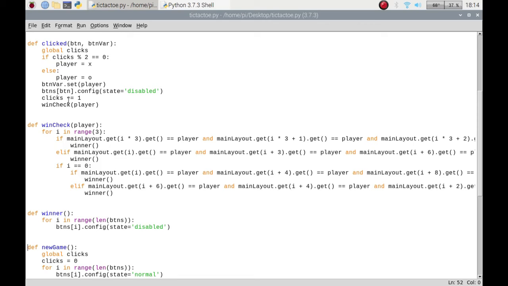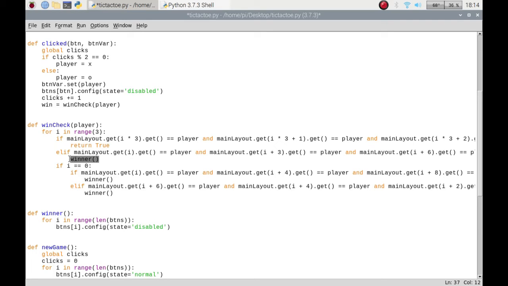Yeah, I think we need to do it in the clicked section. So what we'll do is we'll call this win is equal to, and we'll get something back. So rather than calling the function, we'll set winner. No, we don't want to do winner, do we? Because that's that function. We're going to get rid of that. Yeah, we'll just do return true, and we can copy that